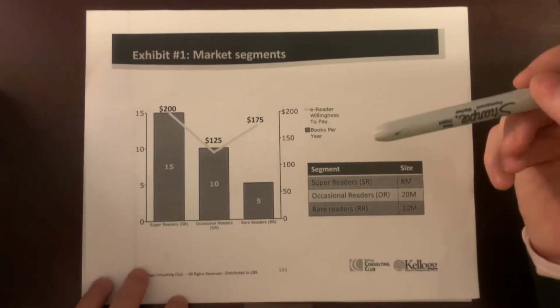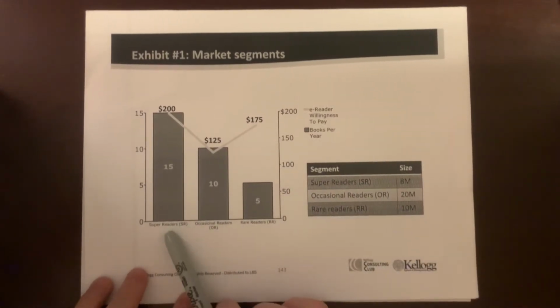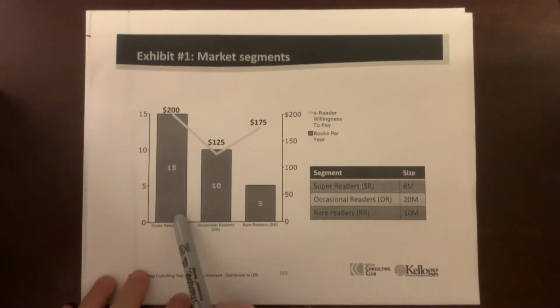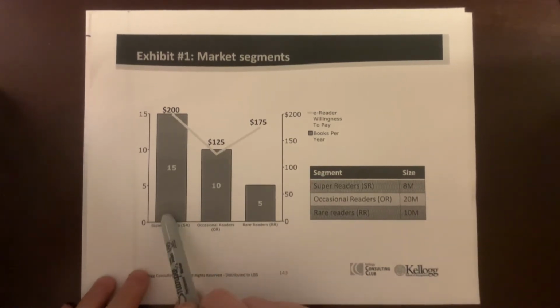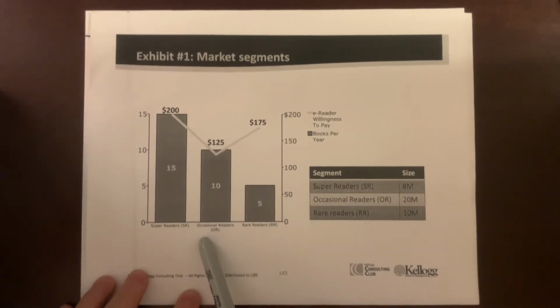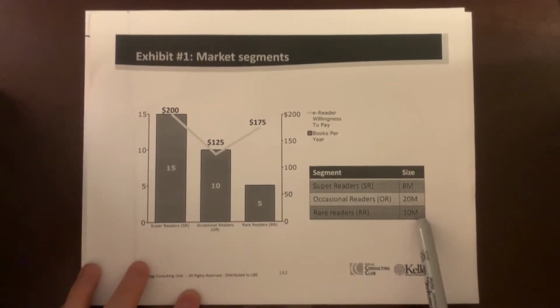So in this case, you want to talk through each of these segments and then give some insight. You might say something like, looks like the super readers have both the highest number of books per year read, as well as the highest willingness to pay for an e-reader. Although the super readers are actually the smallest segment. So they read a lot, they have a high willingness to pay, but they're pretty small. On the occasional reader side, though, they're really large. However, they have kind of a mid-level willingness to pay and reading frequency, while rare readers are actually in the middle on the size and have the lowest number of books per year, but kind of a mid-level willingness to